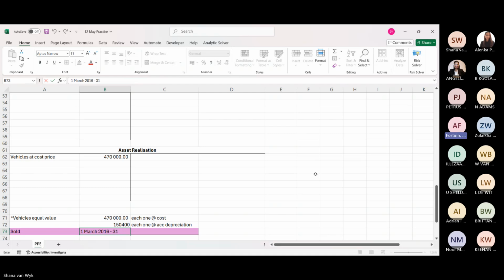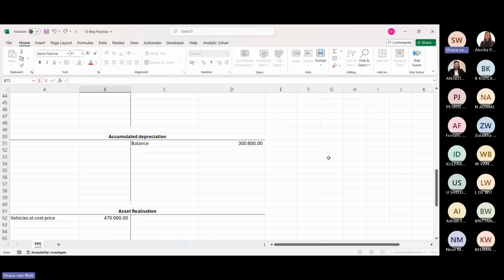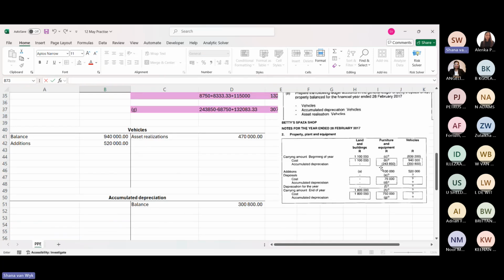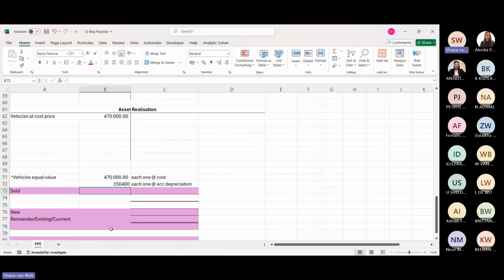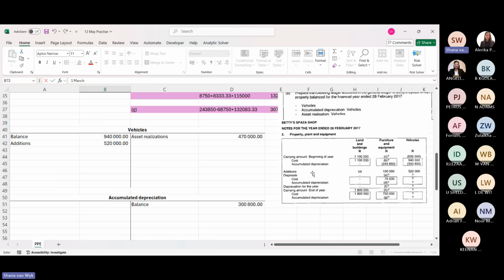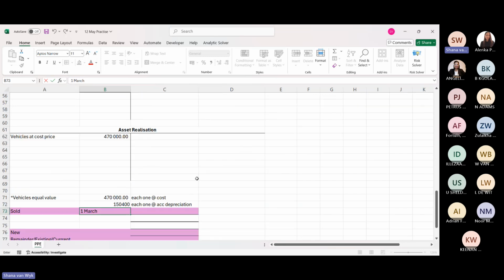No, but why don't you start at the beginning when it was 2014 already? Why are you working backwards? Oh, I just thought because we already know the accumulated for those years. But okay, I can put it in. Maybe it'll be easier. Okay, do it your way, then we see our way. The only reason I didn't put in the years is because we already have the amount at the beginning of the year. So they already calculated it.